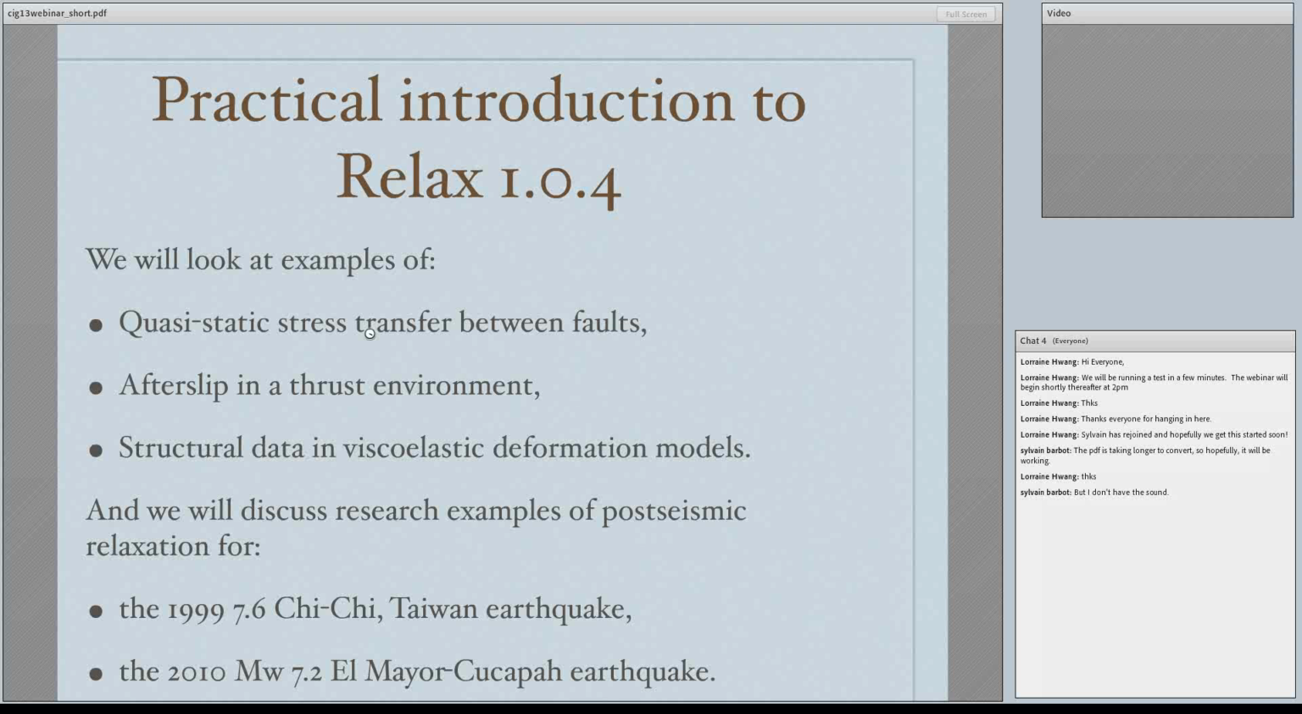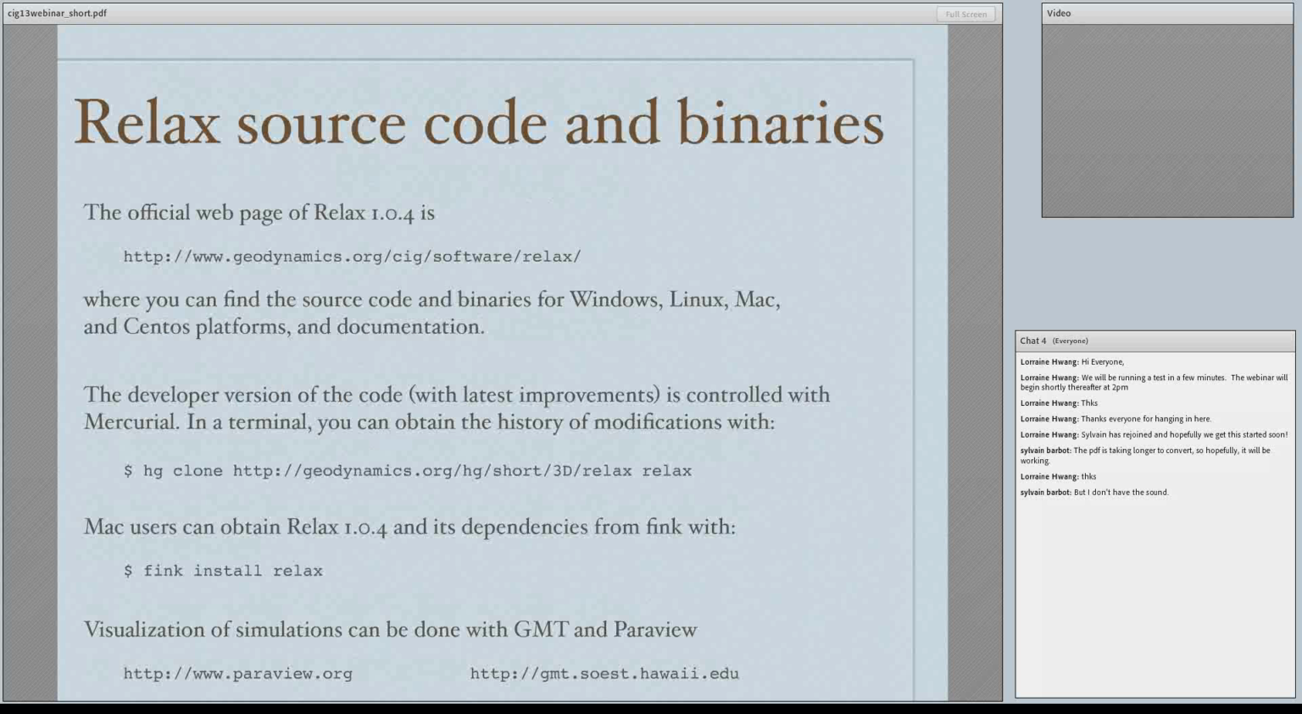So, okay, going down. So the official webpage of Relax, which is in version 1.0.4, is on the geodynamics.org website. And there you can find source code, the binaries for Windows, for Linux, for Mac and CentOS platforms, and the documentation. These binaries are always dated, and there is always a newer version of the code, a developer version, and the code is maintained and controlled with version control software,